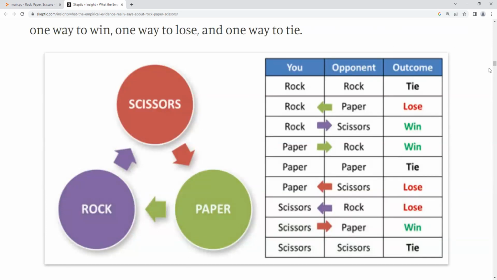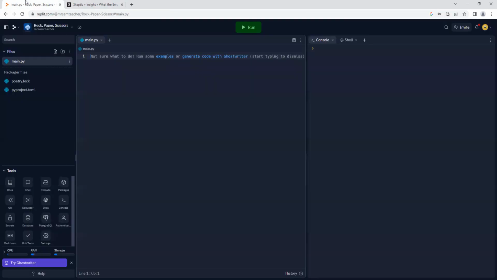Whenever you tie, you just go again, and then you see if there is a winner out of the 2 until there's no more ties. So there is a table right here of 9 different possibilities, because you have a 3x3 grid, and because you have 2 people with 3 different possibilities, 3 to the second power is 9. Therefore, we have 9 possibilities, or I should say outcomes, of rock, paper, scissors.